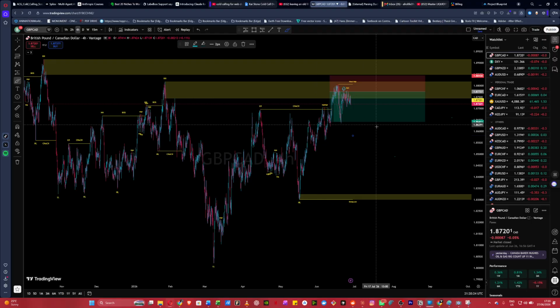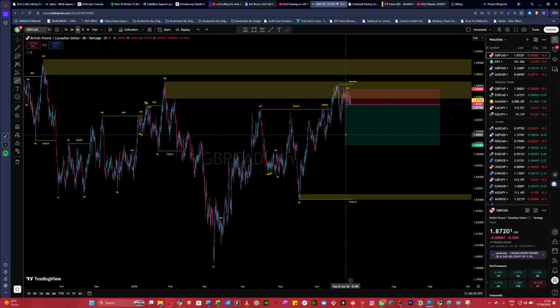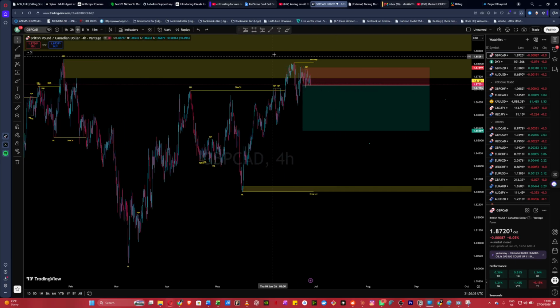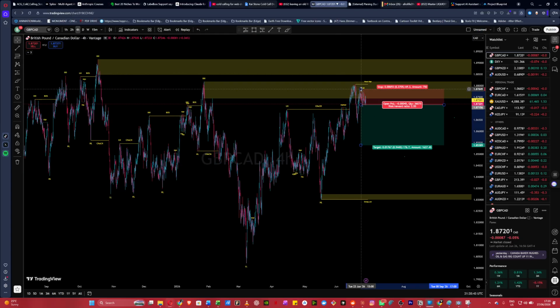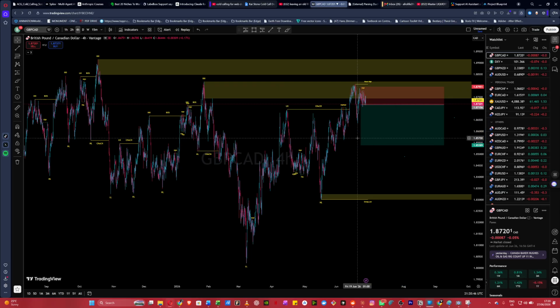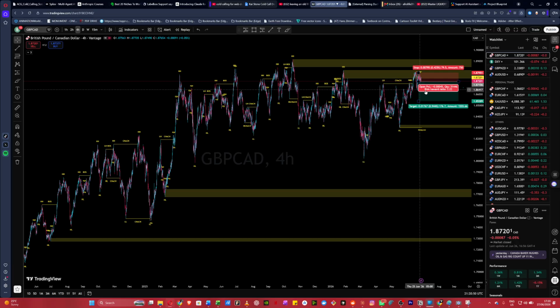But yeah, this trade is still active. I can still re-enter because, as you can see, it hasn't made any new highs. It's probably going to make more lows. I also check the other Canadian pairs as well. For this one, my stop loss will be just right here. And then my TP will be here, because it's definitely going to take out this, either here or here. That's what my TP is going to be.